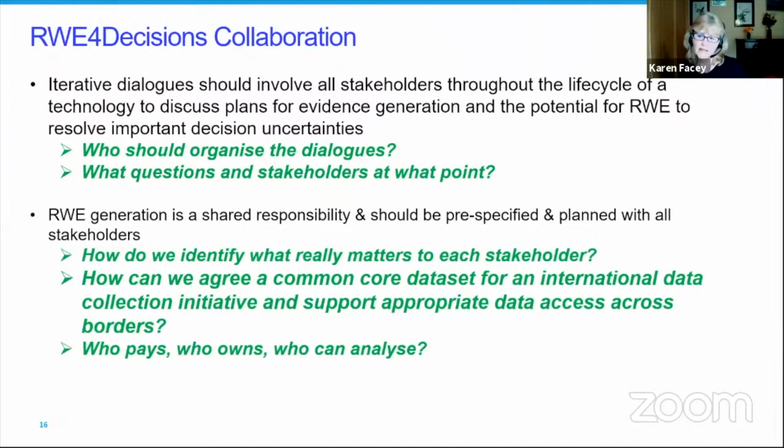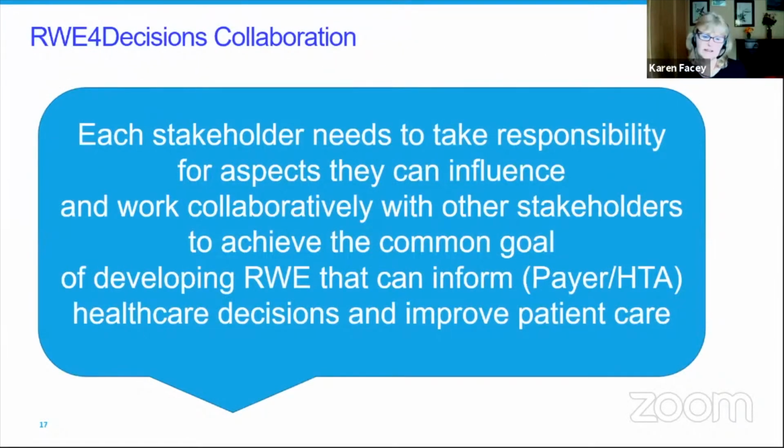And how do we make it clear what we should be talking about at what point in the life cycle of a technology? And finally, coming back in terms of collaboration, I had this analogy, which was we absolutely need to think about an onion of core data. There is a central part of the onion, which I think we should all be able to agree on, the sort of 1 or 2 key outcomes that should be collected to answer every decision maker's questions. And then maybe HTA bodies have a different layer to regulators, and then countries maybe have their own specifications. But if we can identify that key core and really come to some way in which we can agree what that is and ensure data collection across countries and across decision makers, that would be great.